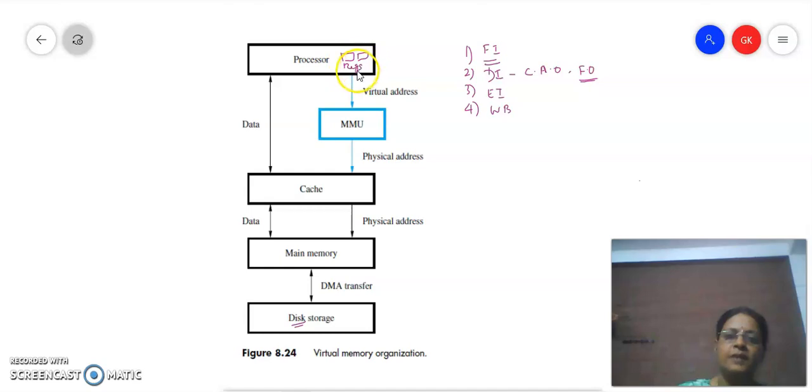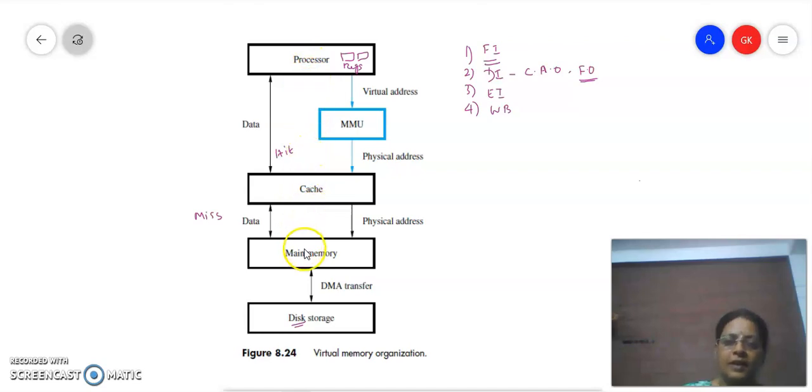If it is an instruction, it has to be fetched from the cache memory. So the next level of memory is the cache. If it is present in the cache, if it is a hit, it will use the data directly from the cache memory. If it is not there in the cache, it is called a miss, and because the data is not there in the cache, it will look into the main memory. And if it is a hit there, it will supply the data to the cache memory, and from the cache memory it will reach the processor.